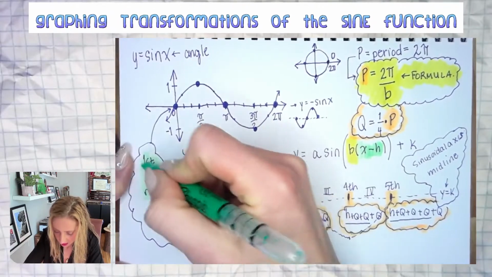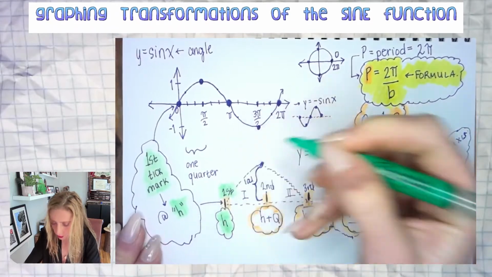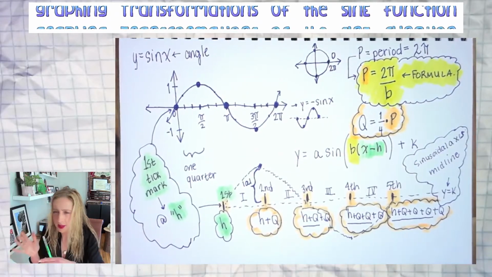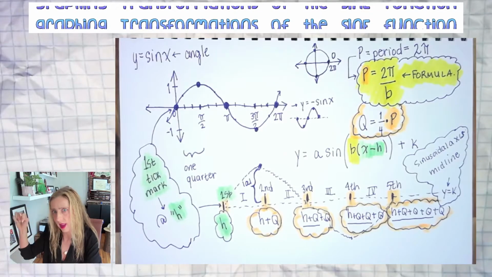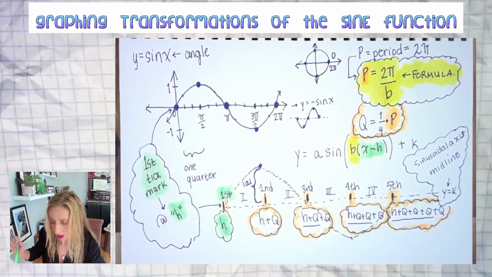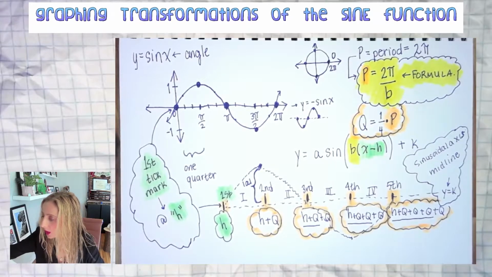There you go. So the first tick mark will be at H, but remember that sign is backwards, so it's minus something, whatever that something is. So if it's plus, it's negative. There's the H. We can also throw in